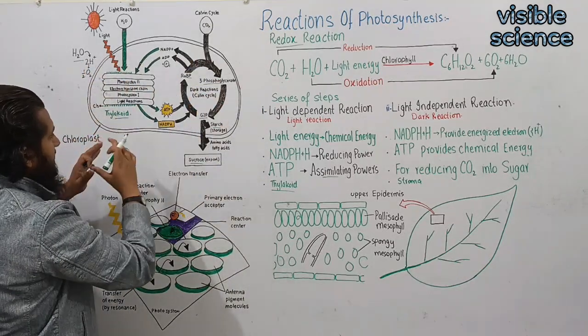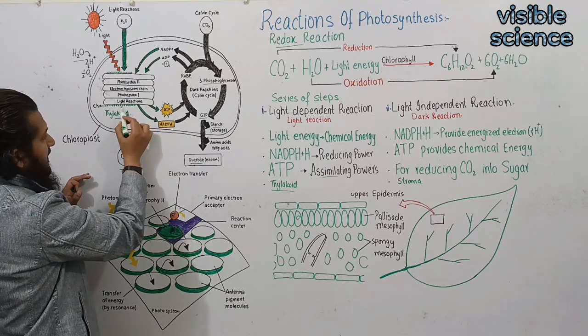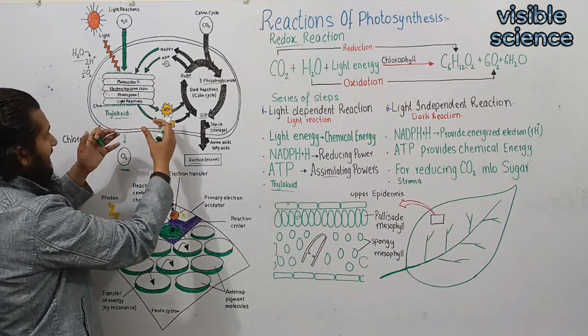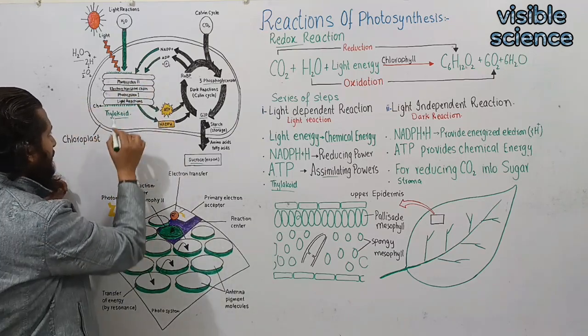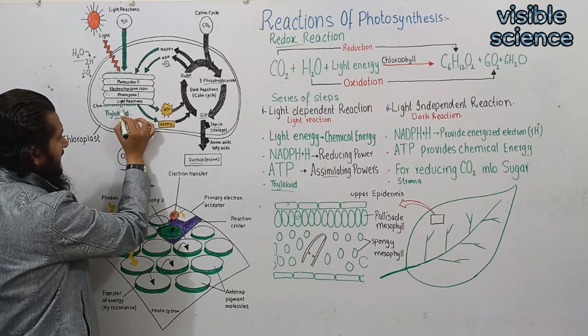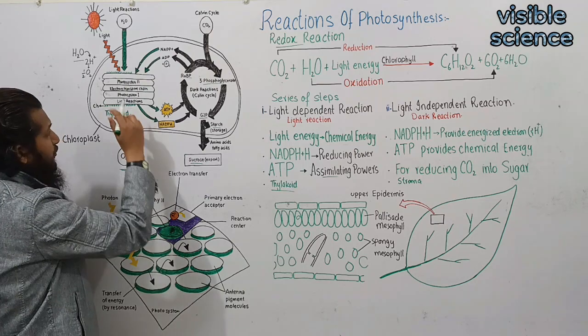Here is a chloroplast. In the chloroplast there is a network of membrane called the thylakoid, here in black color. These thylakoids are arranged to form a granum, and on the thylakoid surface there are chlorophyll molecules which are embedded in the thylakoid, and chlorophyll is a green pigment. Due to this chlorophyll, the thylakoid looks green.